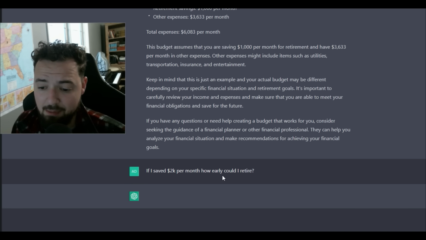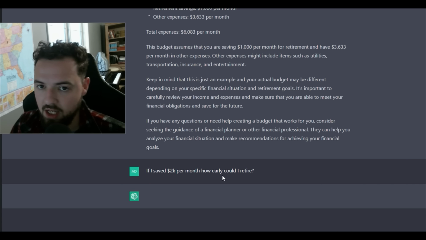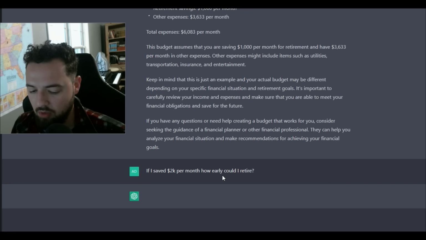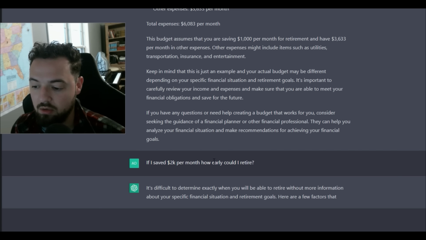It's important to keep in mind that it is saving all this information. So unlike Google, where you would have to write the search out several times and then dig through the links, this is remembering everything in your conversation contextually. So it's saying, okay, this guy makes $85,000 a year, and he has these retirement goals, and I already know his budget. And based off of that, I'm saying, hey, if I save $2,000 per month, how early could I